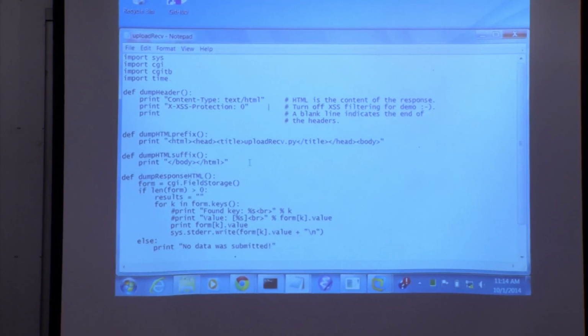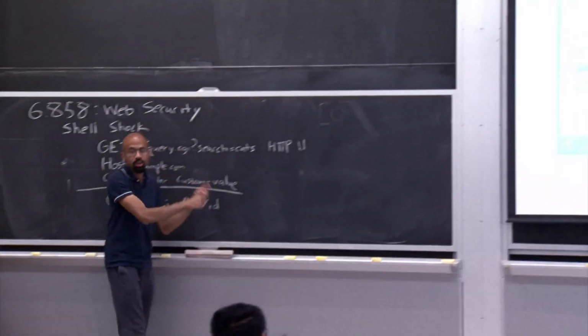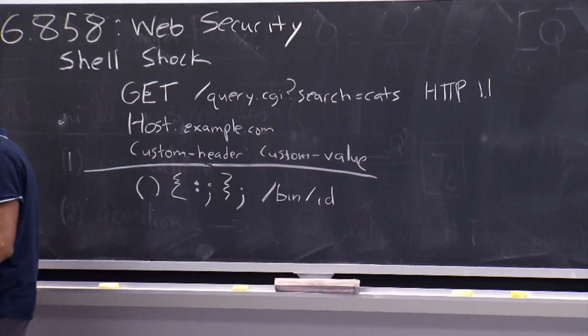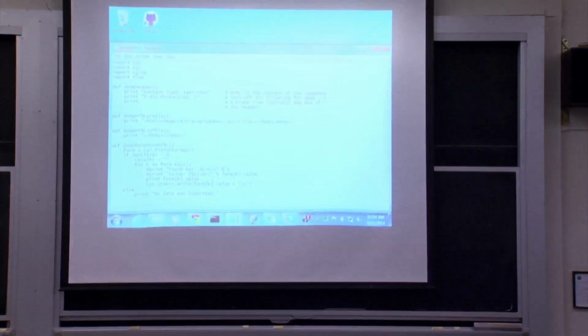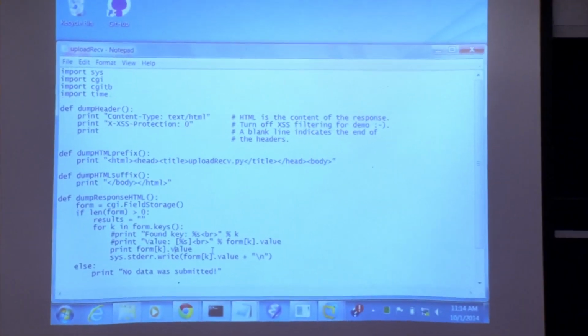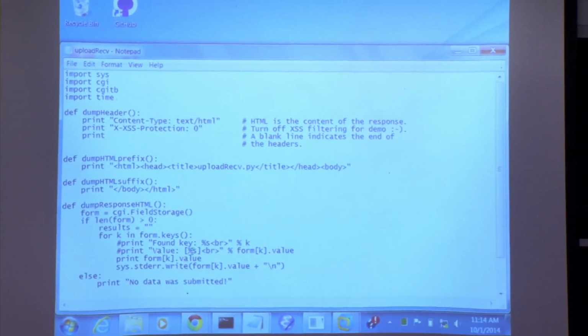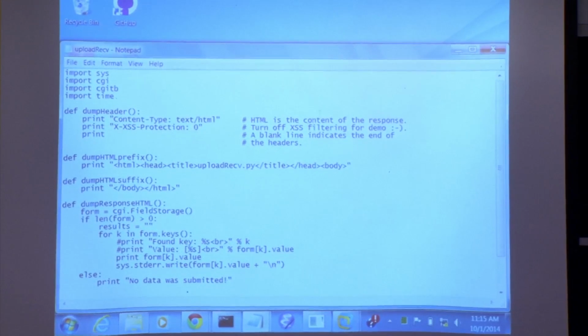And then what the CGI script does is it gets access to all of the fields in the CGI request. So imagine that everything in a query string after this question mark, like these header and value things, that's what goes into that form example there. And so what the CGI script does is something very simple. It just directly prints the value of something that was passed from the attacker. Right? So same basic idea. This is a bad idea because this print statement here, it's printing directly into the HTML itself.